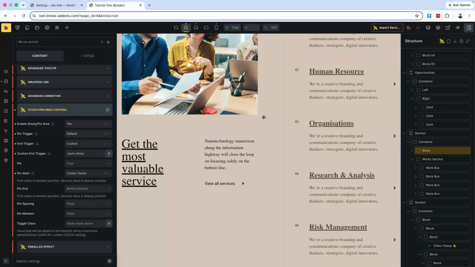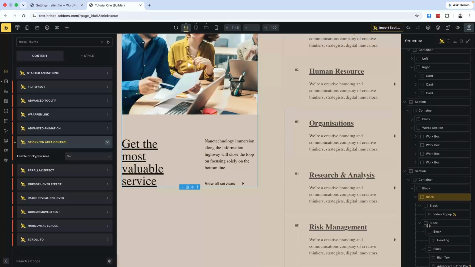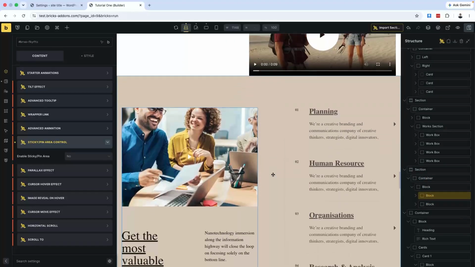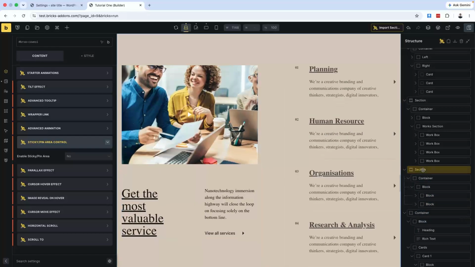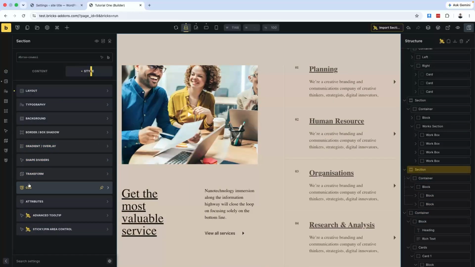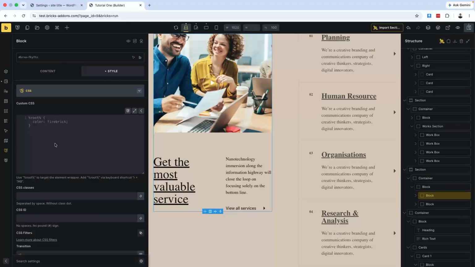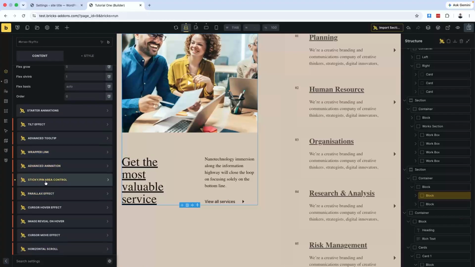I'll go very fast for this. So this is the block 2, left side block, and this is the right side block. So you want to make the left side block as a pin, right? So first of all, I'm going to select this section, and from style I'm going to add a class name here. So CSS class, I'm going to name it as service pin, for example,